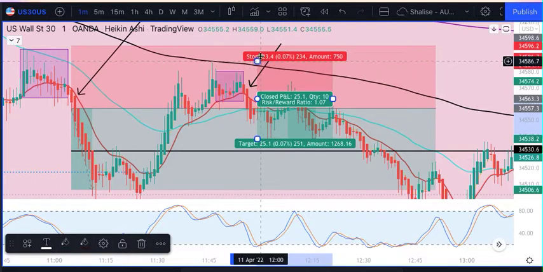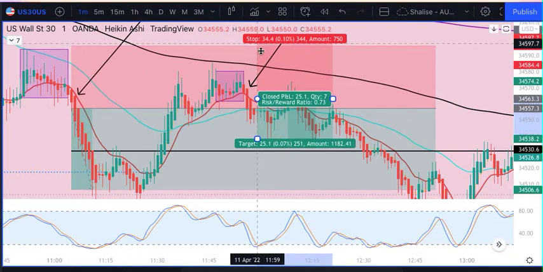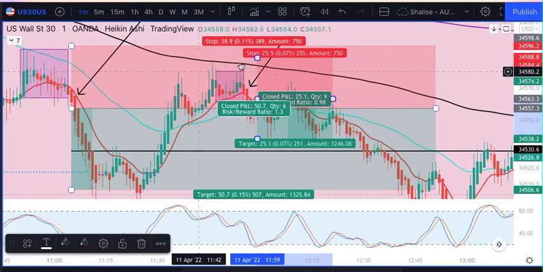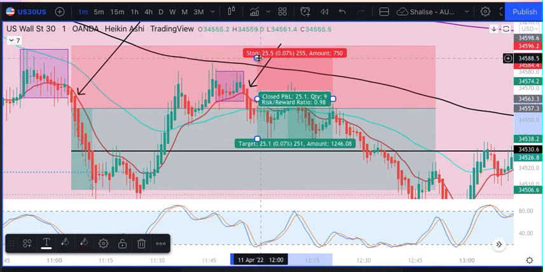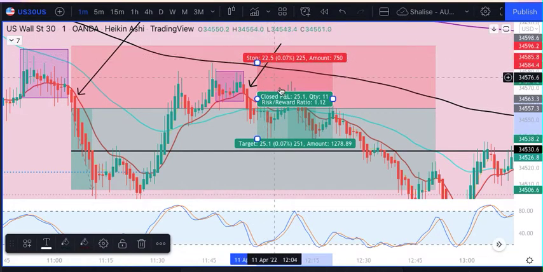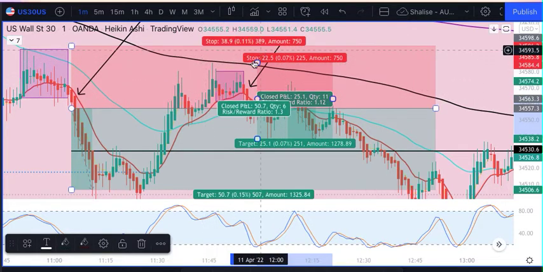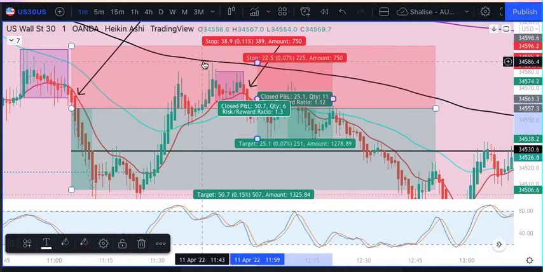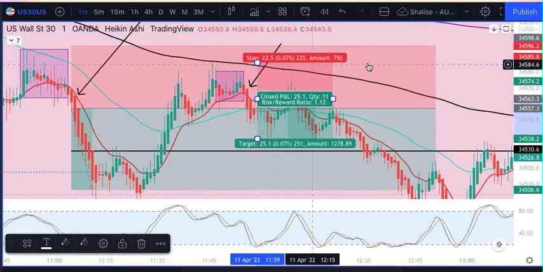Now, sometimes you do want to move it above the previous high, because this stop loss can be hunted and then it keeps going in your direction. So you can either put it above the previous high, or if you see that you get stopped out, and then it comes back below. So if we never strongly close, like I talk about in the first or second video, if this doesn't strongly close above here, and then it comes back into this area, that was a false break,